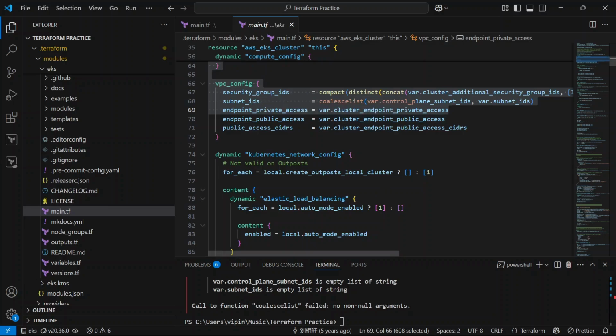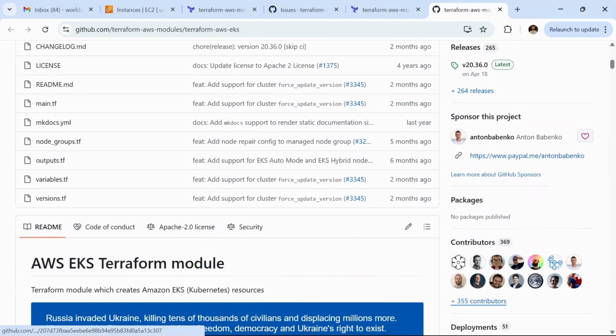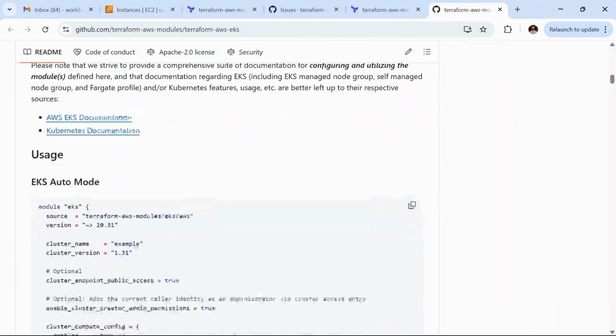Line number 68, subnet_ids, the function is here, right, and var.control_plane_subnet_ids. So we are not providing the subnet ID here, that's why this module is not able to create the EKS cluster successfully. It requires input from the user.